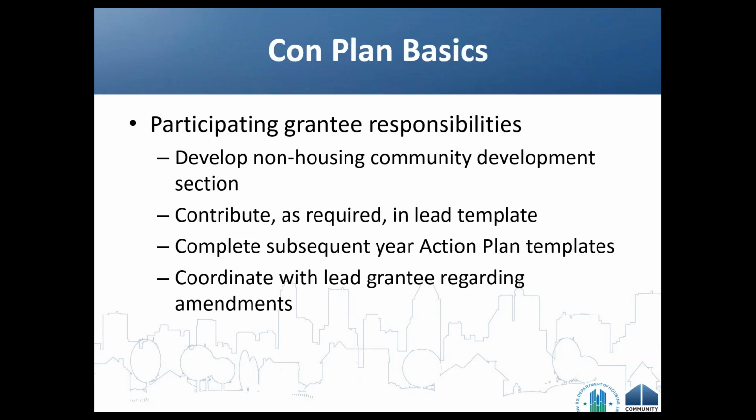And quickly, what are the responsibilities of a participating grantee? The participating grantee is responsible for developing their non-housing community development plan, that mini template.